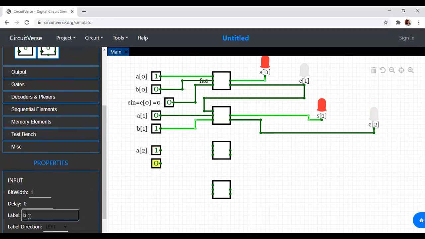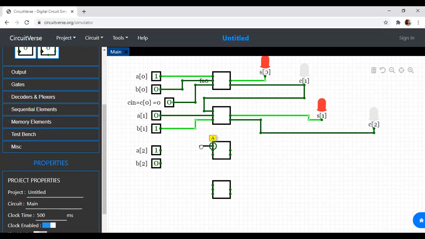This is B of 2. What is the next input I should get? It should be C of 2. So where do I have C of 2? I have it over here. So one input is A of 2, and the other input is B of 2.